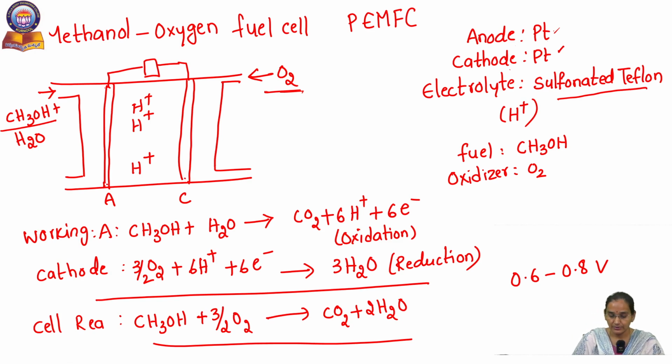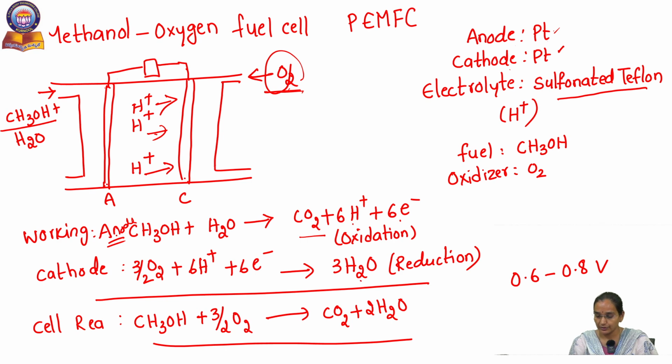Then coming to the working, at the anode, methanol with water gives carbon dioxide, protons and electrons. These protons are transferred from anode to cathode, and at the cathode, oxygen gas is passed. This oxygen reacts with the protons coming from the anode and electrons from the anode, and it gives water molecules. This is the reduction reaction. Coming to the overall cell reaction, methanol and oxygen react and give carbon dioxide and